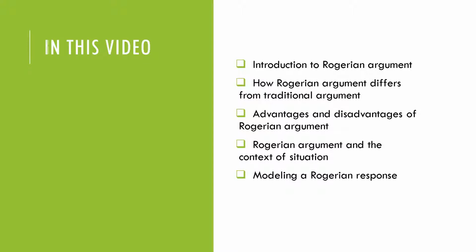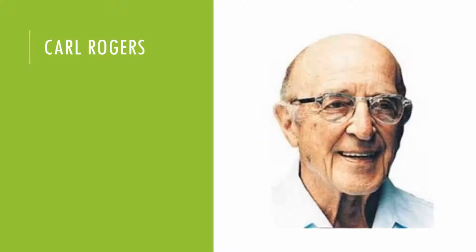I'll do several things in this video. I'm basically trying to pull from both of those readings just to make sure everybody understands the major points of those readings. So first of all, just an introduction to Rogerian argument, distinguishing how it differs from traditional argumentation, considering the advantages and disadvantages of this alternative style of argumentation, and then looking a little bit more closely at the article Rogerian Argument in the Context of Situations, a little bit more difficult read probably. And then I'll end by modeling a Rogerian response to an article that sets you up well to write your own paper that's coming up.